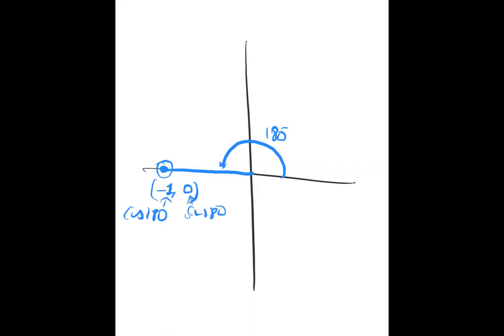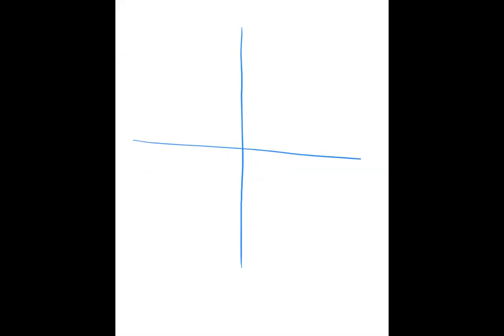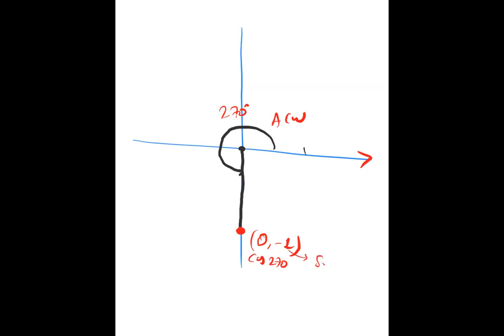Then you take the stick to the third quadrant. Suppose it starts moving from here and reaches this 1 meter stick position. What is the coordinate of this endpoint? It is -1, 0, right? No, it is 0, -1. This is the 270 angle, because all the angles you have to make from the positive axis in the anti-clockwise direction. So this is cos 270 and this is sine 270. That's why we say that cos 270 is 0 and sine 270 is -1.